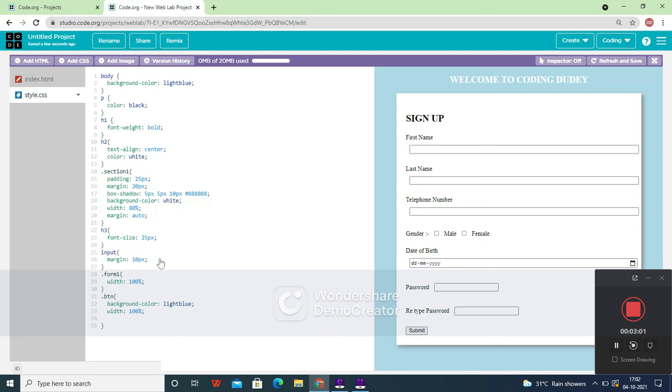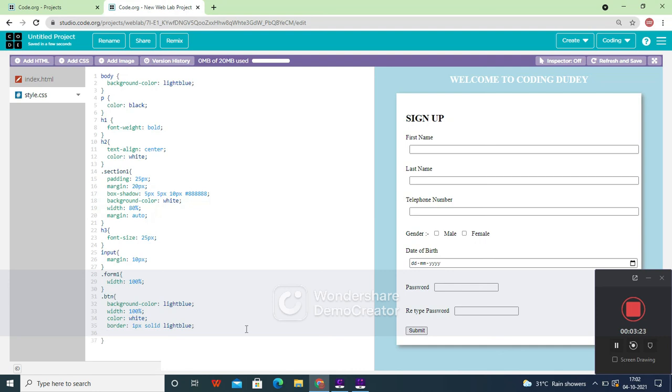Next the color which is white. The border one px solid light blue.